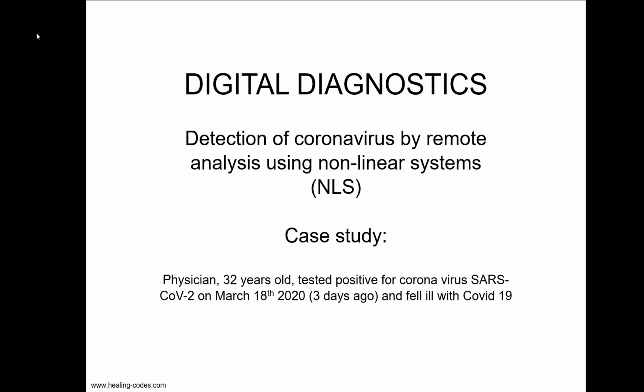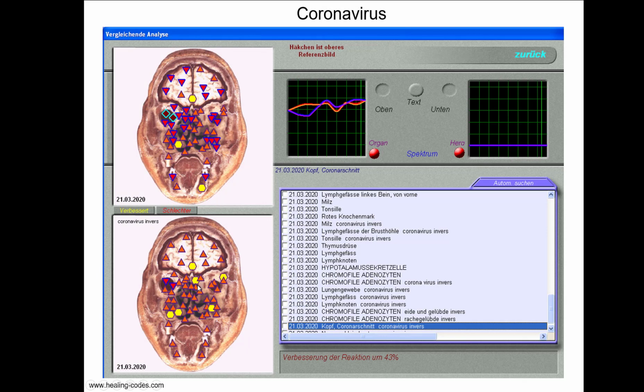The following pictures show NLS analysis of different organ systems on March 21, 2020, that means 3 days after regular testing. We start with the view of the head. In the upper picture, you can see the current findings, which show a medium energetic regulation disturbance. This can be recognized by the numerous downward triangles, especially in the area of the paranasal sinuses, which corresponds to